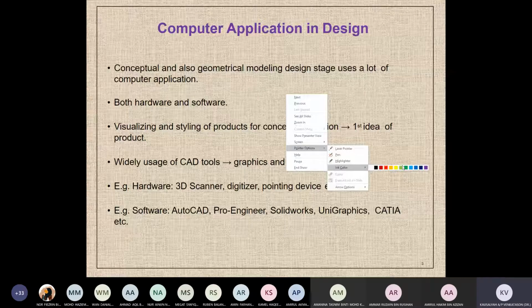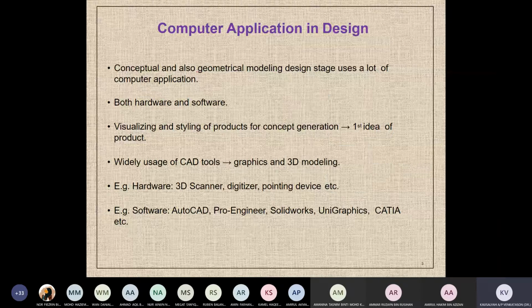Okay, so the conceptual is under the application of computers in the design stage. Just now early on we had the analysis stage, the manufacturing stage, and the design stage. If you look at the design stage, we have the conceptual and also geometrical modeling. So in the design stage, both this conceptual